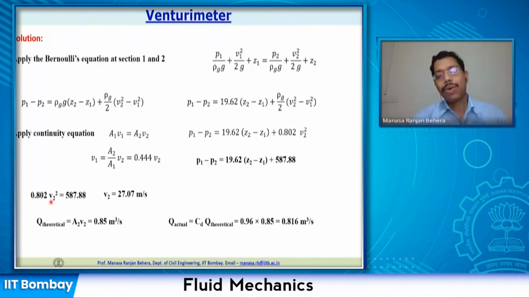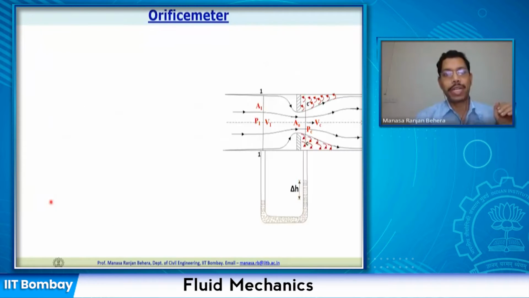All right. Now, having seen the venturimeter, let us look at the next device, that is the orifice meter. The orifice meter is again a simpler device. In case of the venturimeter, we saw a converging section, then a throat, then a diverging section. But in case of the orifice meter, it is a small circular disc kind of device which has a smaller diameter area at the center, and the flow is constricted to pass through that smaller diameter.